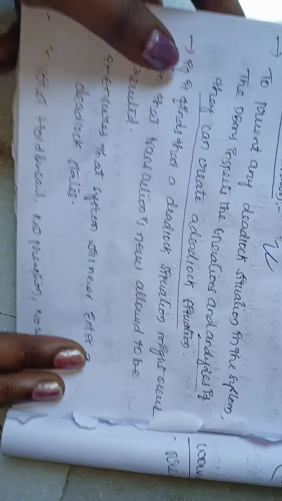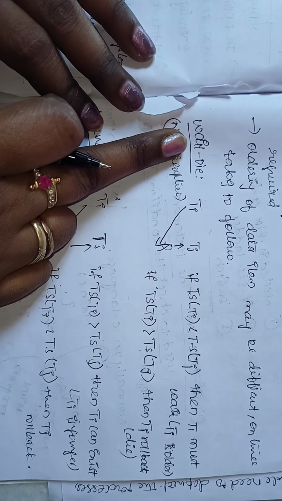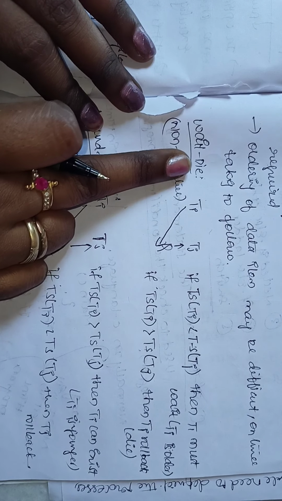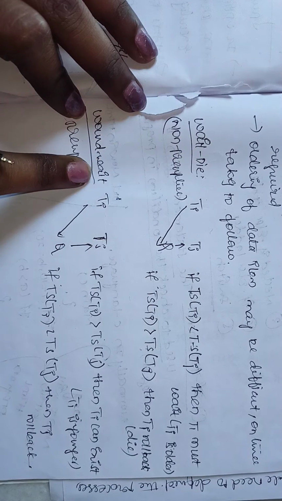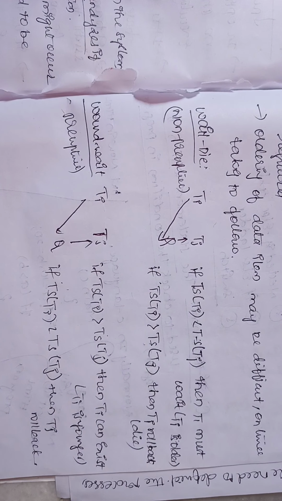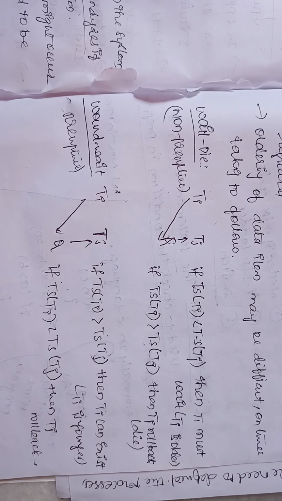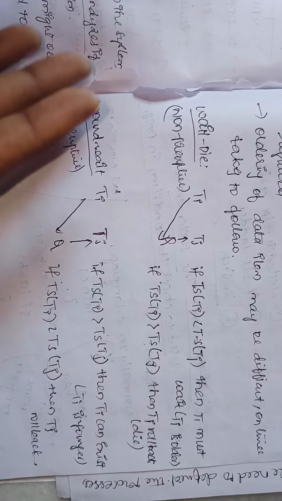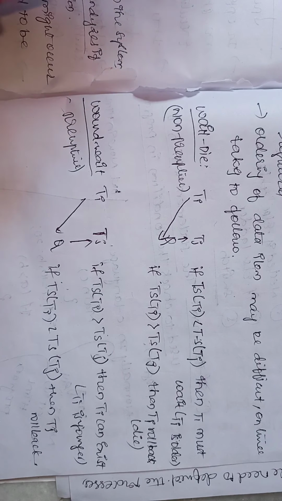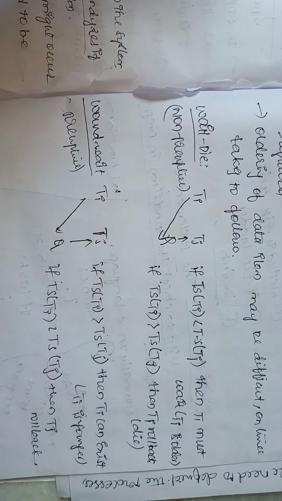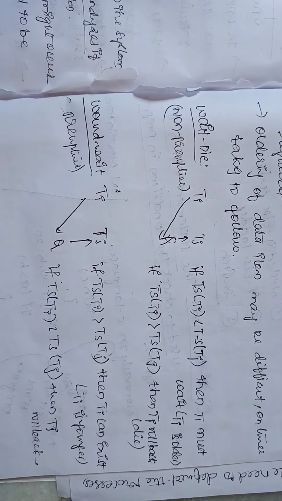And what are the basic concepts we use in deadlock prevention? We use two kinds of techniques: the first one is wait-die, and the next one is wound-wait. These are the two main techniques. By these techniques we can analyze whether the transactions might end up in a deadlock or not. And if a deadlock situation will occur, what kind of steps we have to take is told by wait-die and wound-wait.